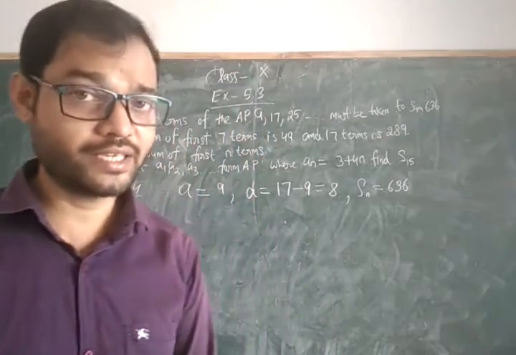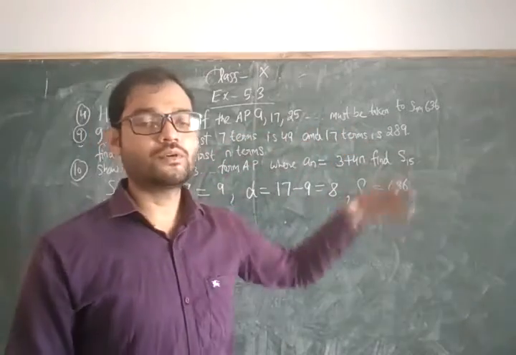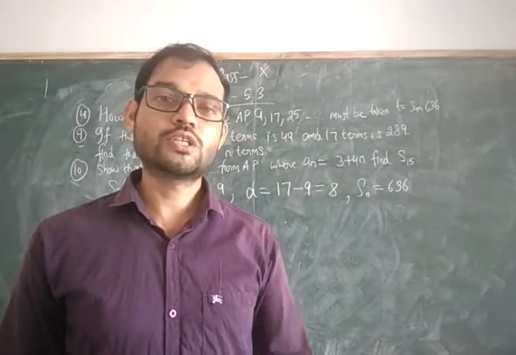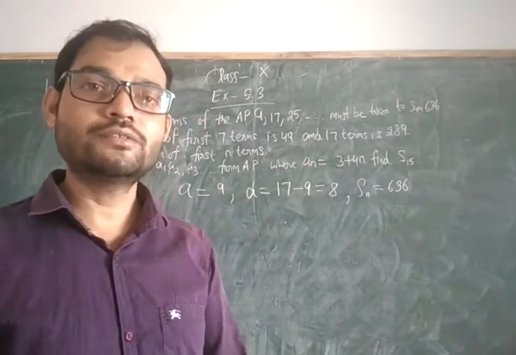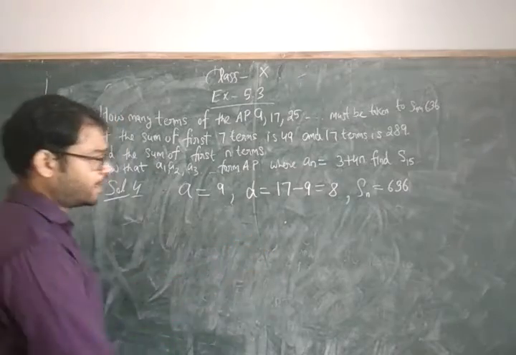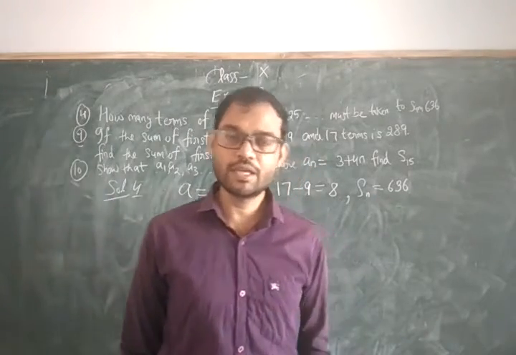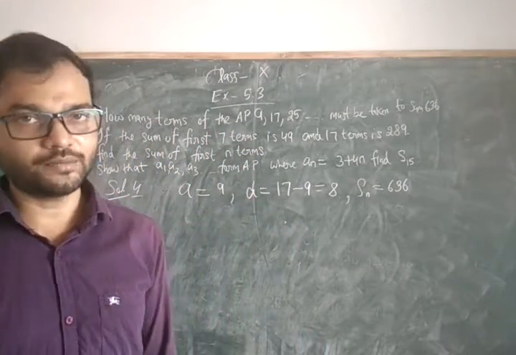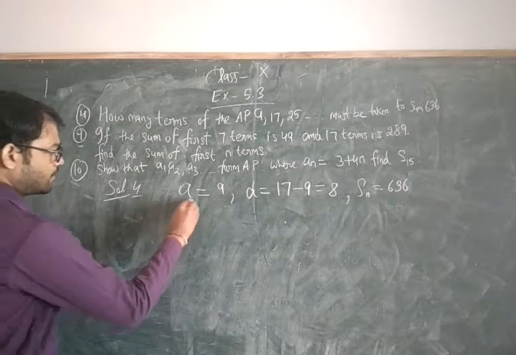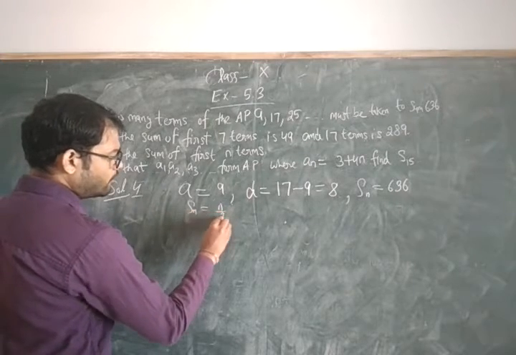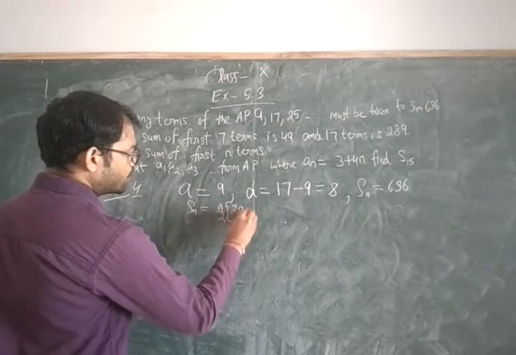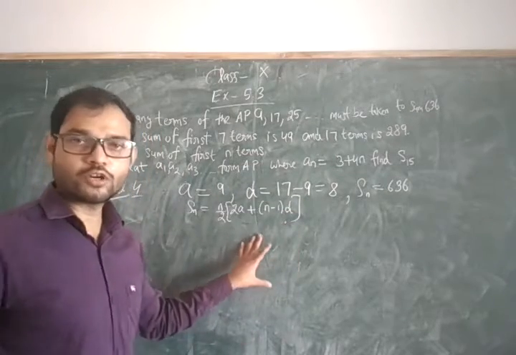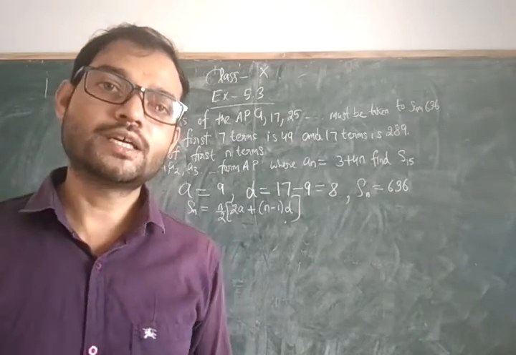The only difference here is that these are in the form of a statement. But the way of solving is similar to how you solved question number 3 of exercise 5.3. Now I have been given the sum, so I have to apply the formula of sum. The formula of the sum Sn is equal to n upon 2 in brackets 2a plus (n minus 1)d. This is the formula we use to find the sum.